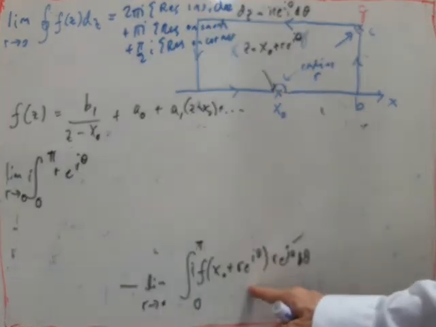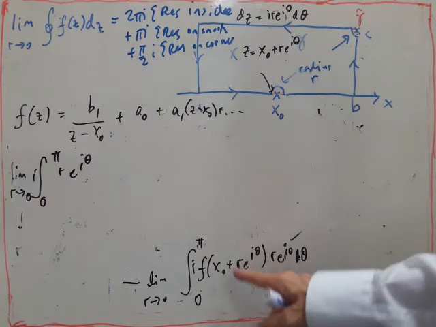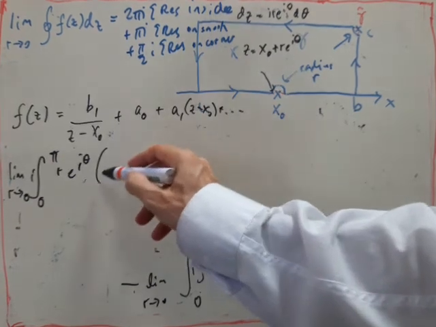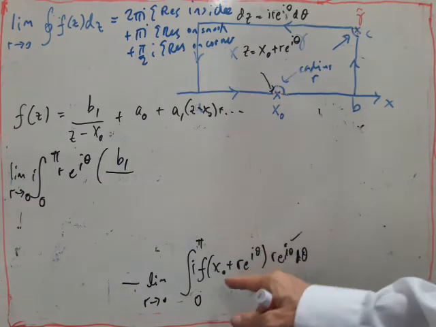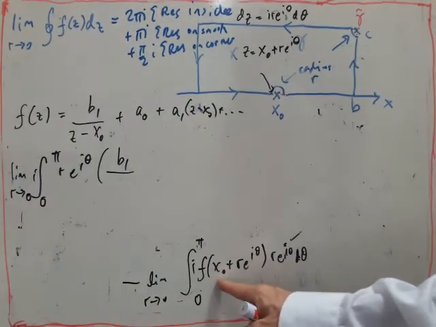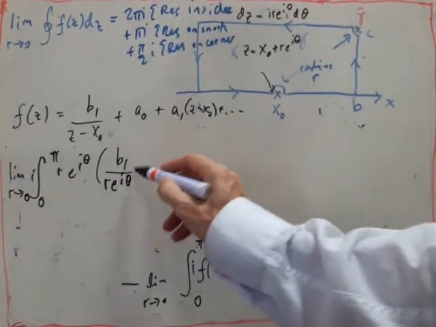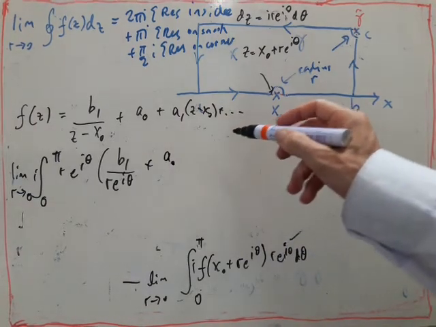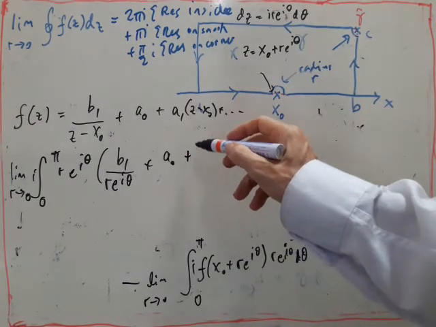Now when I use this, just substituting this series is probably the simplest thing. So I've got b1 over z minus x naught. So this was z, so it's just r times e to the i theta, plus a naught plus